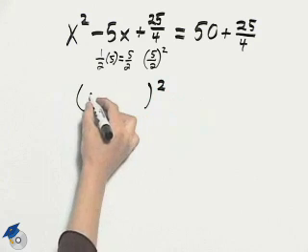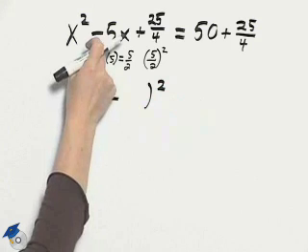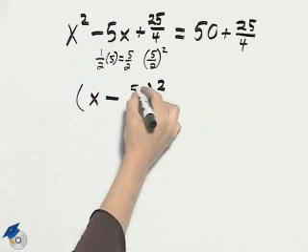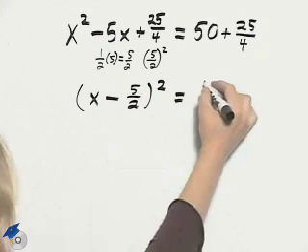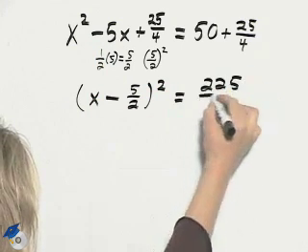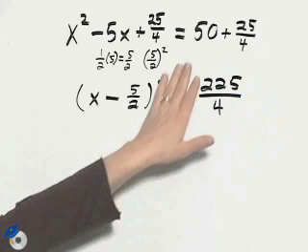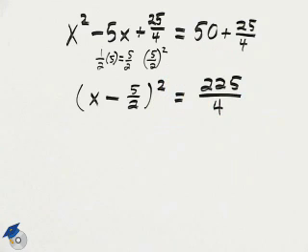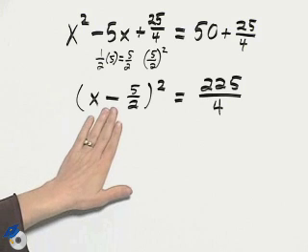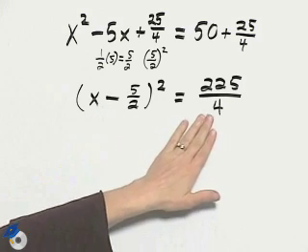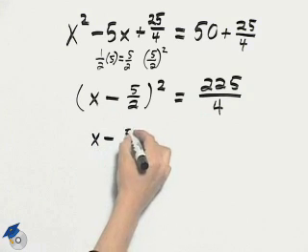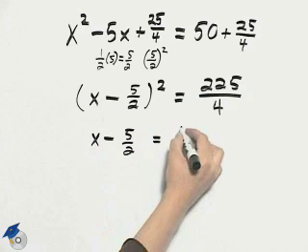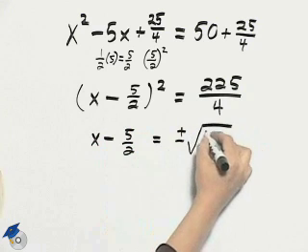I will have x minus, because this is a subtraction, x minus 5/2 squared equal to 225/4. That is 50 plus 25/4. At this point, I can apply the square root property because I have something squared equal to a value. Applying the square root property gives us x minus 5/2 equal to plus or minus the square root of